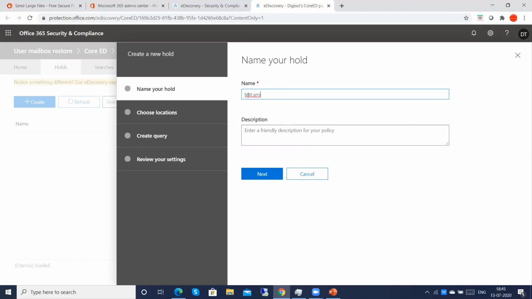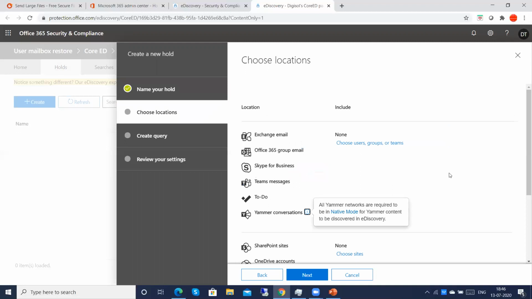I will put the full name in the description as well, and the description is inbox restore. You can type any description. So I am clicking on next.